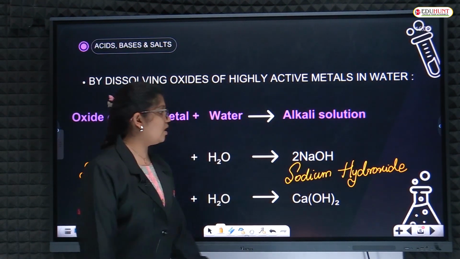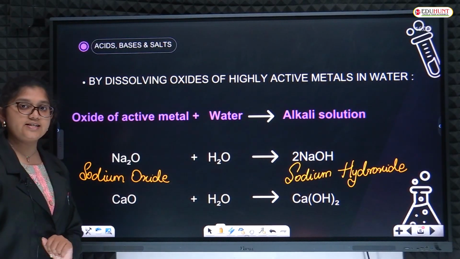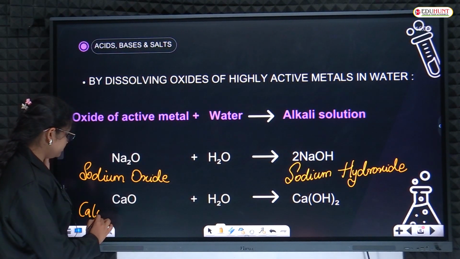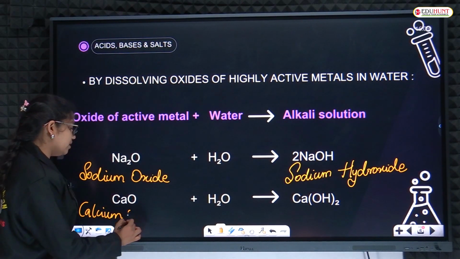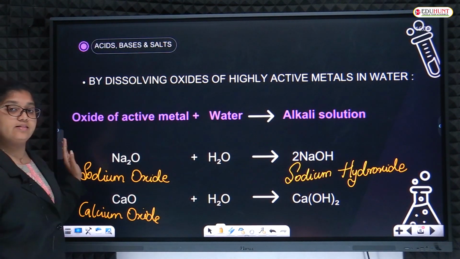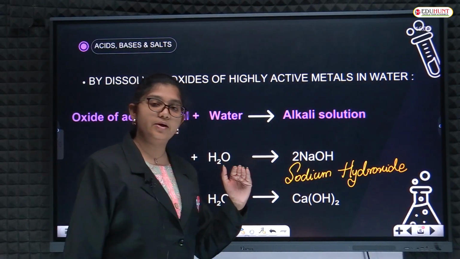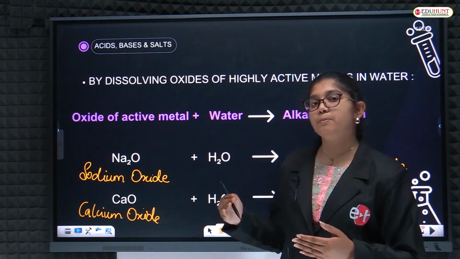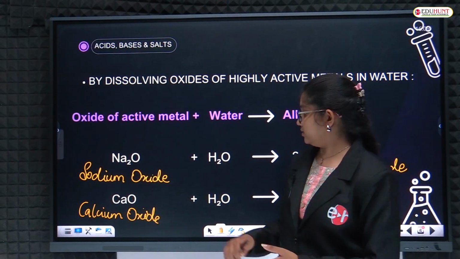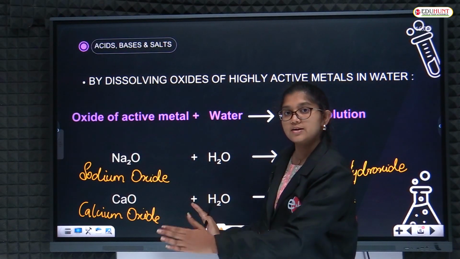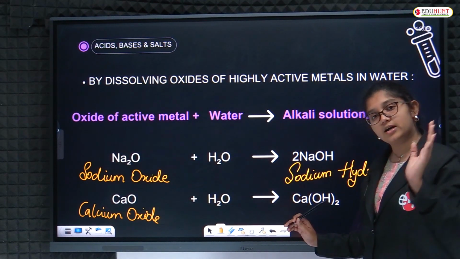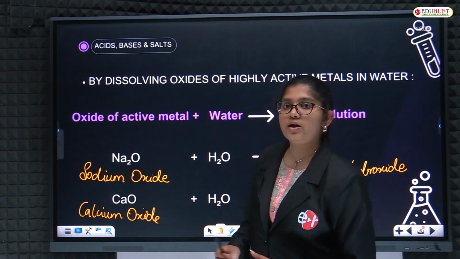Okay. Now, the second example, that is calcium oxide. What is this, children? Calcium, Ca. Very good. See, you have to know all the elements' names to get an idea regarding the symbols. If you read the periodic table one by one with the symbols and all, you can have a general clarity regarding all the symbols, the names, so that you can write the specific chemical formula names on your own. Okay, try that without missing. Just do the practice of all the periodic elements and then you can answer all these questions.